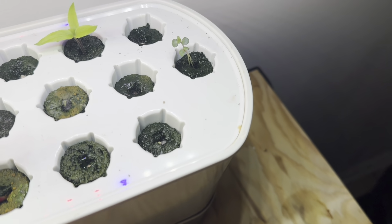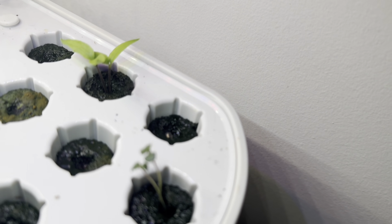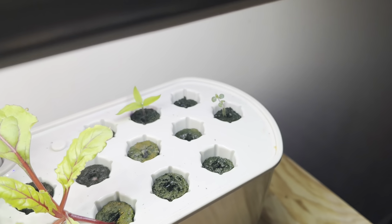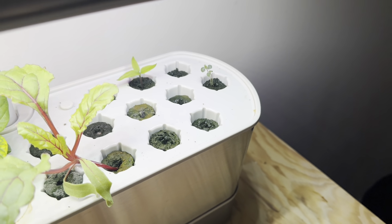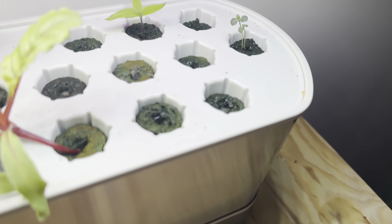Like this one, you can kind of see it's bent there, as well as this one in here. It's hard to see, but they have germinated and come up. They do germinate a little slower in here, I think just because of that lack of heat, but overall it's still going well. I do think in hindsight I probably would have just covered these, because